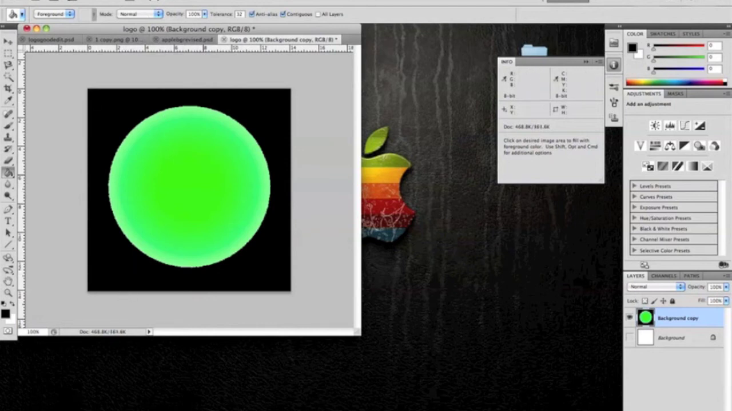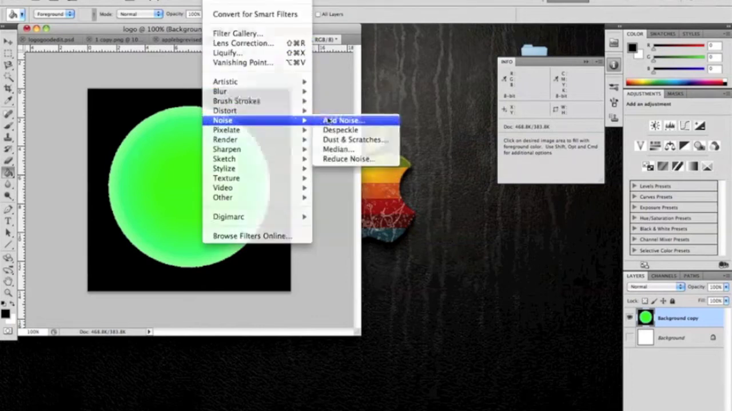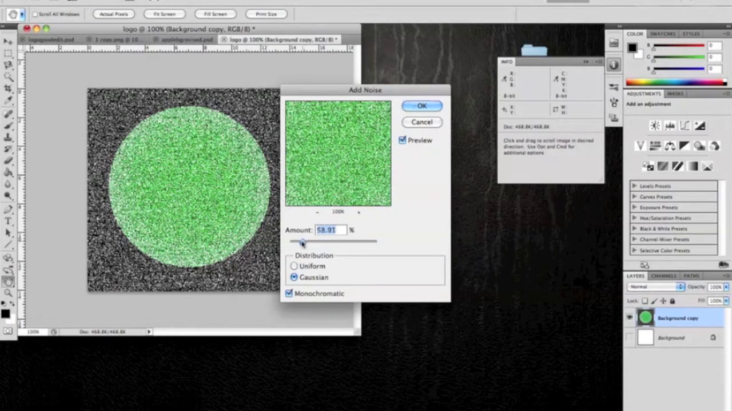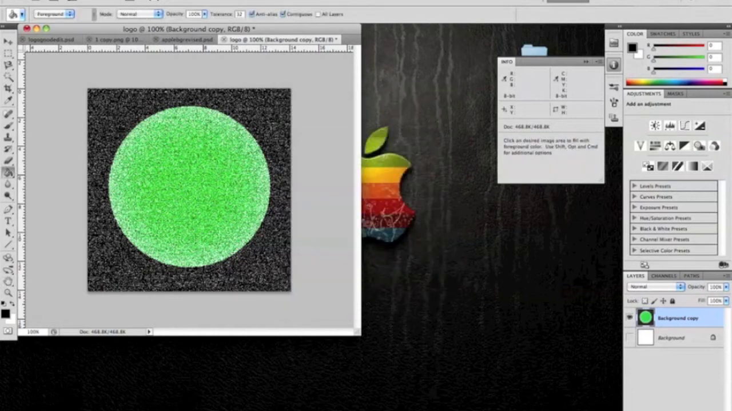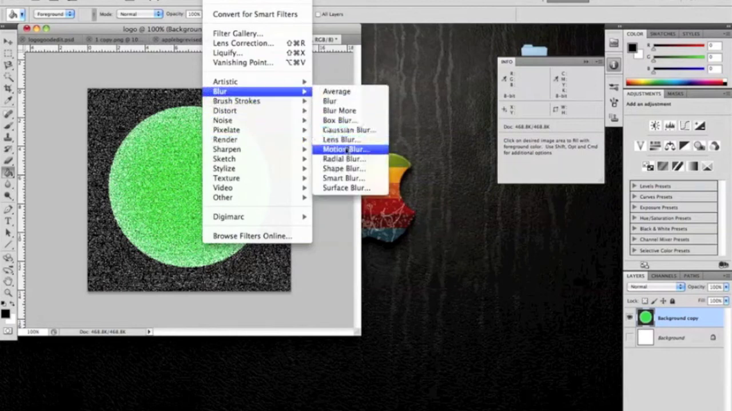So once you've done that, we can then hit noise, add noise, make it monochromatic with Gaussian, and put it at around 33%, or you can change it around to whatever you'd like. Try 37 for this one, and hit OK. Now once you've done this, hit blur, motion blur,